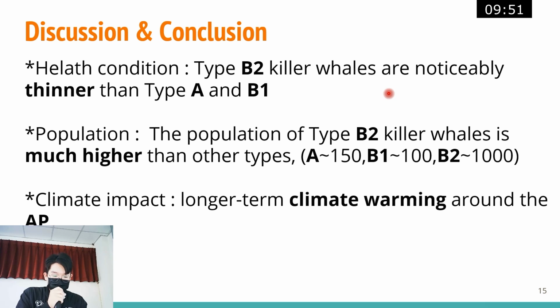From other studies, the population of type B2 killer whales is much higher than other types. Therefore, the poorer body condition and smaller body size may reflect a density-dependent response of a population nearing environmental carrying capacity, or food limitation caused by environmental changes. Type B2 and other killer whales eat around the Antarctic Peninsula, so we need to understand how much food the area can support. But changes in the environment suggest that there might not be enough food. Along with long-term warming in the Antarctic Peninsula, the study happened during a time when sea ice was shrinking fast and ocean temperature was getting warmer.